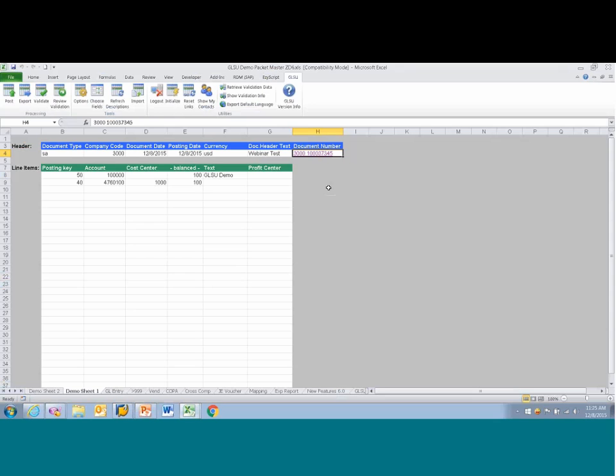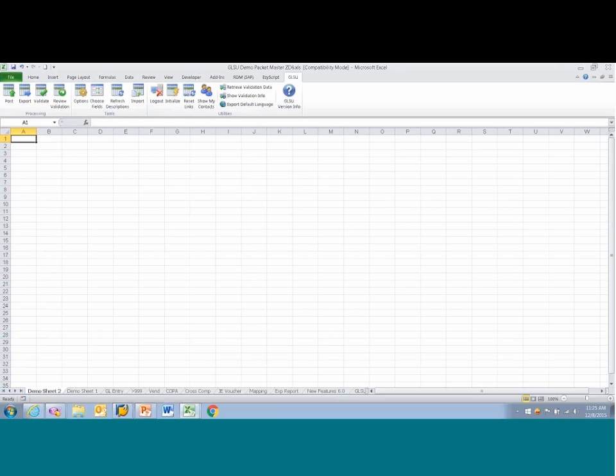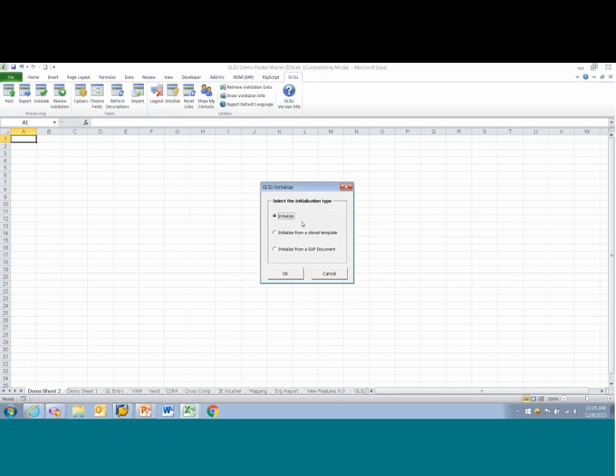So let me go back here, and I want to show you one last thing. I'm going to copy this document number up here. Just do a Control-C, and I'm going to come over to my demo sheet 2. And it's another blank sheet. I'm going to initialize again. Now I just showed you this first option, and earlier I showed you how to create a template from a stored template. Now I want to show you this third one, which I mentioned earlier is the coolest part of GLSU in my mind. I'm going to click OK, and it's going to ask me what document do you want